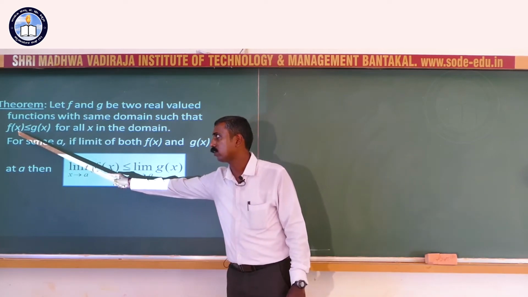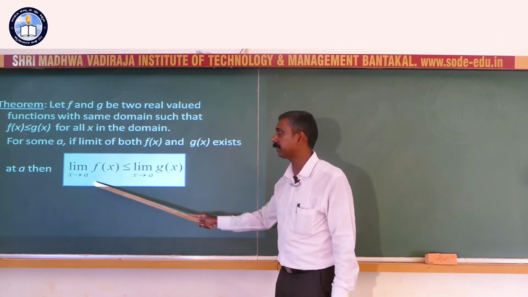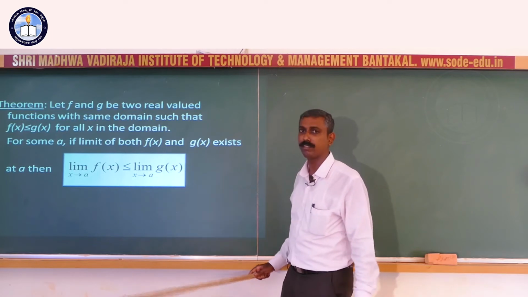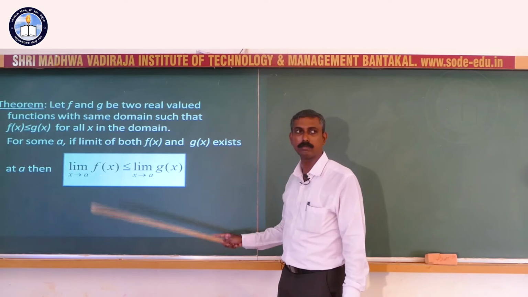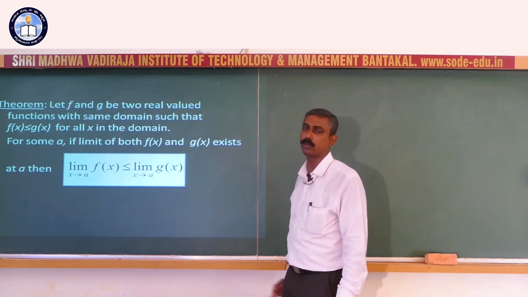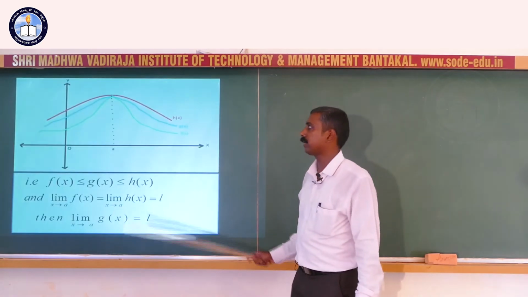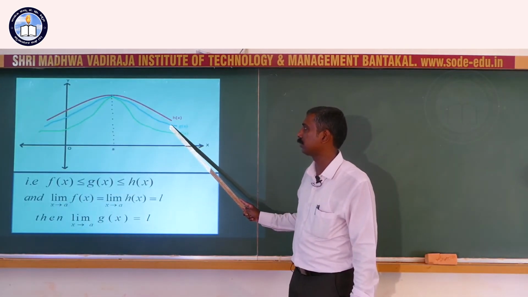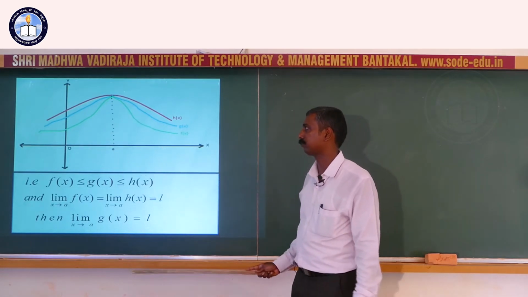For the slack inequality also, f of x less than or equal to g of x, the limit in that particular domain will definitely be less than or equal to the limit of g. So if f is less than or equal to g, then the limit of f is less than or equal to the limit of g. This can be seen in this figure with f and g. If f is strictly less than g, then the limit is also under that curve.